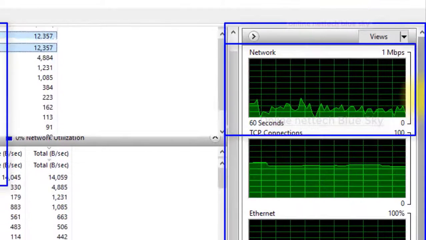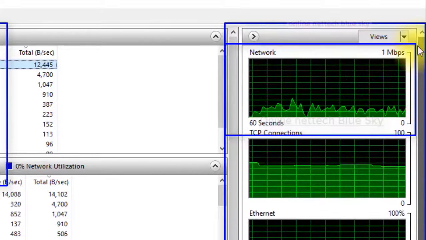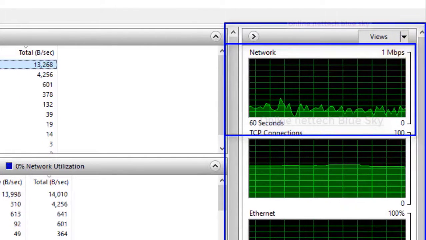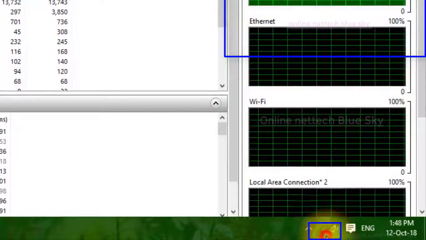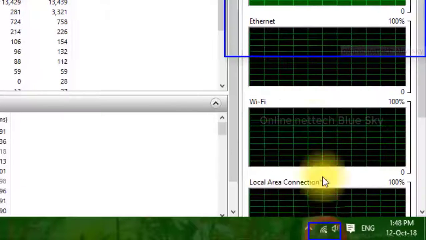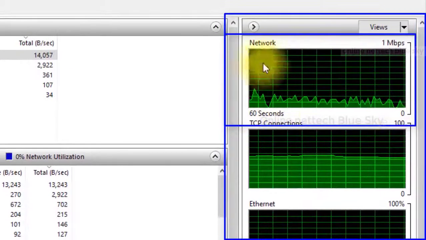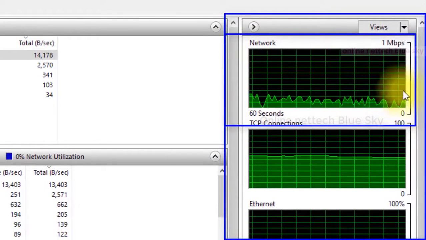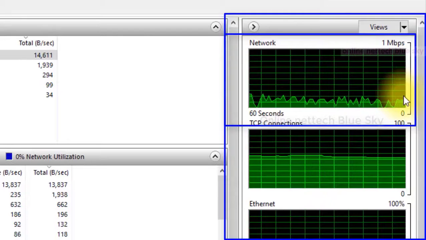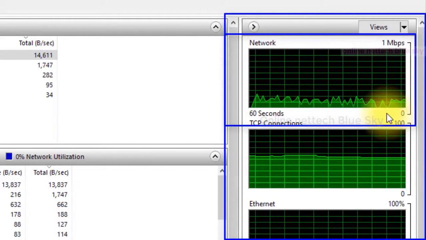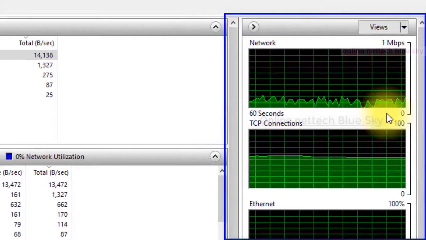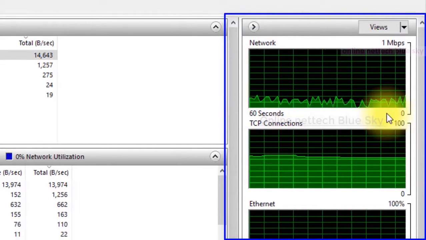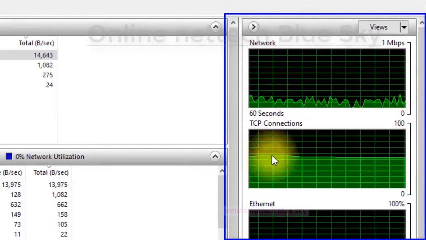You can see the network inside my system on the right side here. As you already know, without a network you cannot see this. I'm already connected to my Wi-Fi network. First you can watch different Mbps values here, but I don't have a very fast network and internet, so you can see it showing slow speeds.